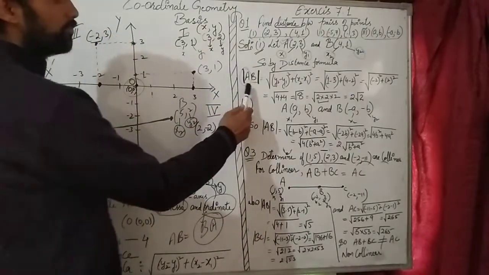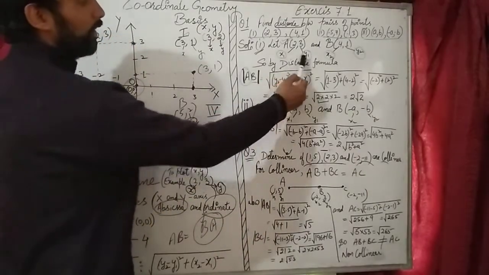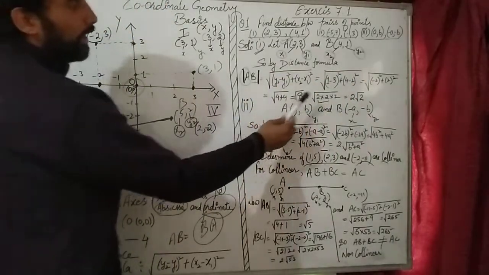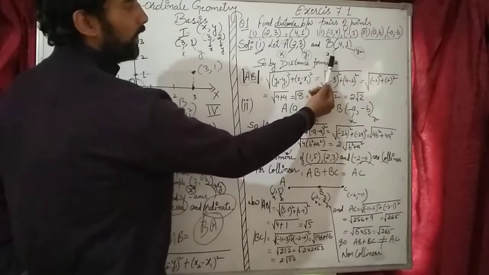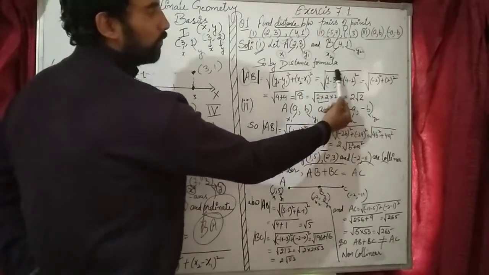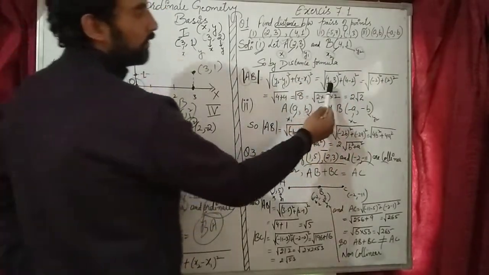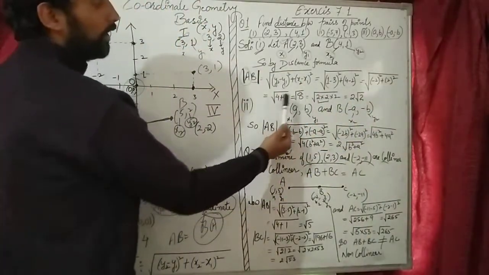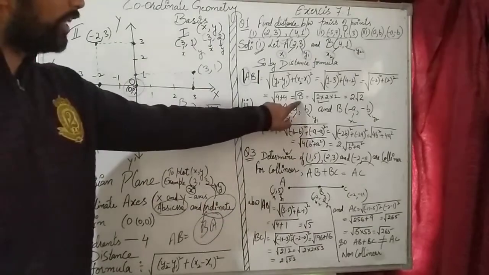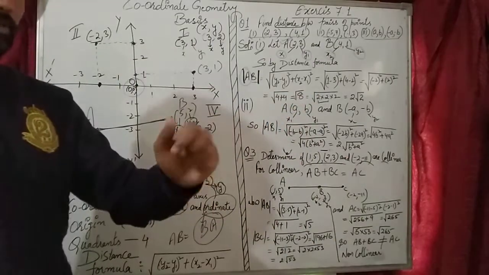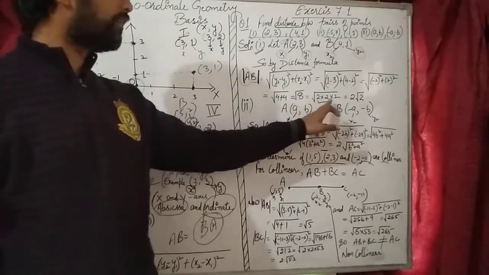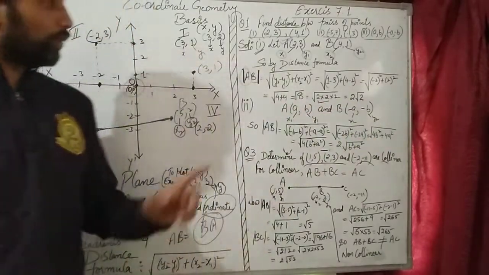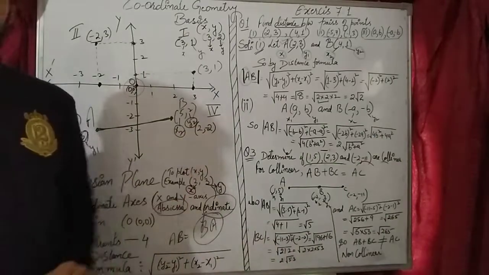So for the distance AB, A is the first, so I write x1, y1, and B is the second, so x2, y2. Now I put in the formula: y2 minus y1, x2 minus x1. When I write the values with a square, it is a simple notation, and when we solve it, it becomes under root 8. Whenever we get terms under a root, we always make factors. Here when I make the factors, the answer becomes 2 under root 2. So you have to make the factors and break it down in this form.